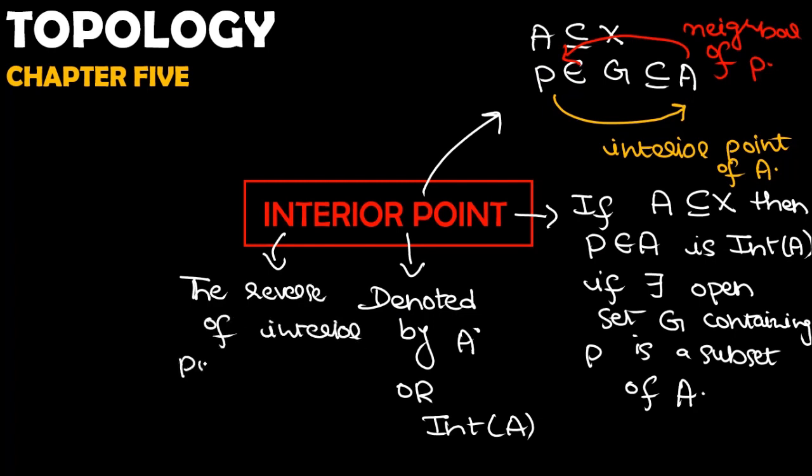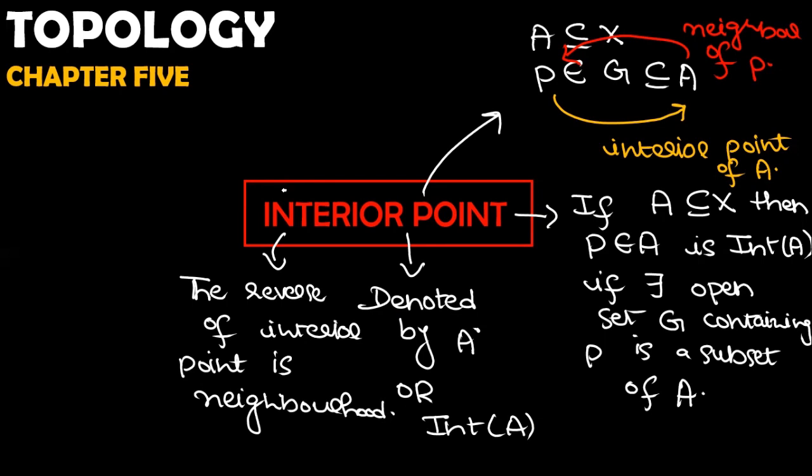You can see that from the above example. So if I can find a neighborhood of any set, then indirectly I can find the interior point of that